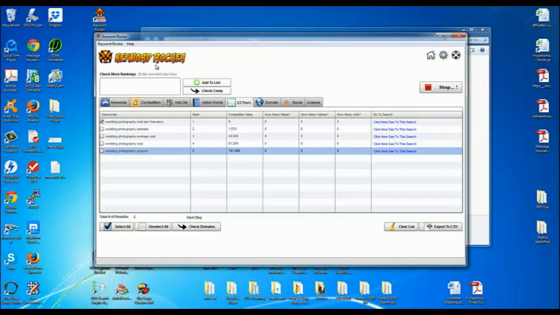So at this point I want to select my winner, and I'm going with the easiest one. I want to take it easy on myself, so I'm going to go with the easiest keyword, and I want to make a website off of that keyword. So let's move to check domains, and what that's going to do is see if the address here is available without me having to go to GoDaddy.com or Namecheap.com. Once again, all of these things usually are manual, and now they're doing it for us with clicks of a button automatically, all within the same platform.